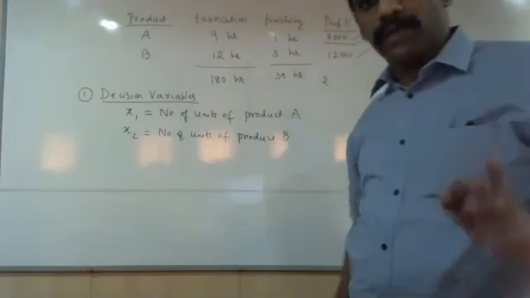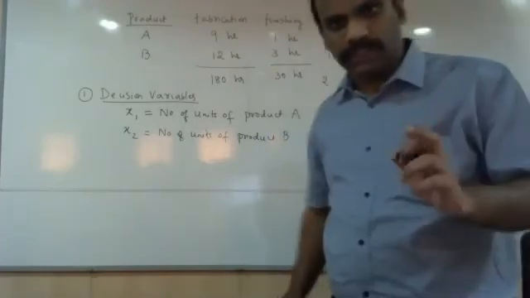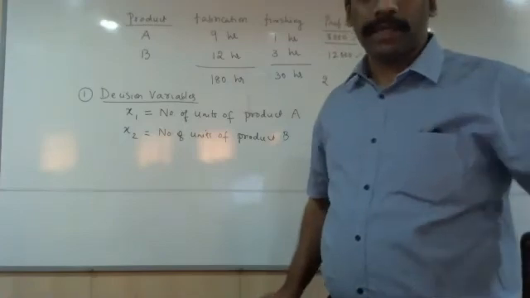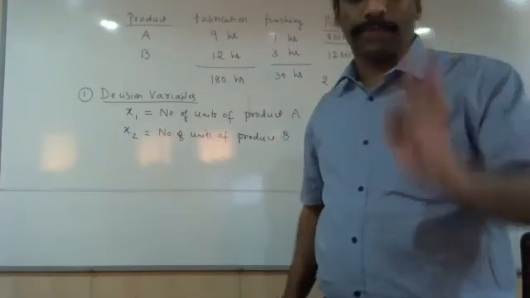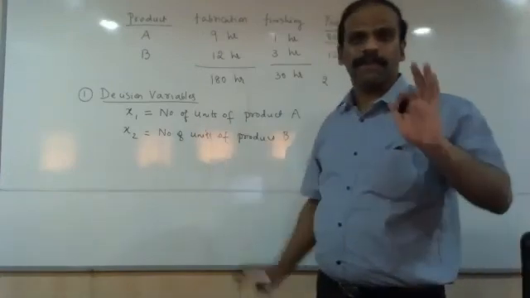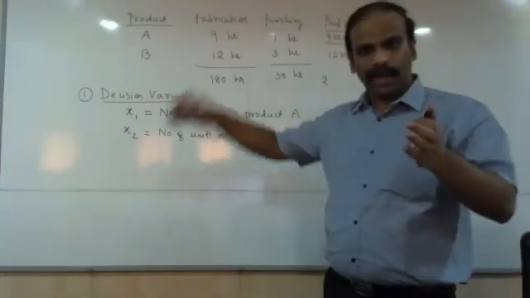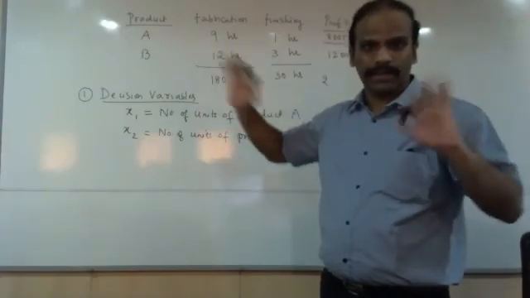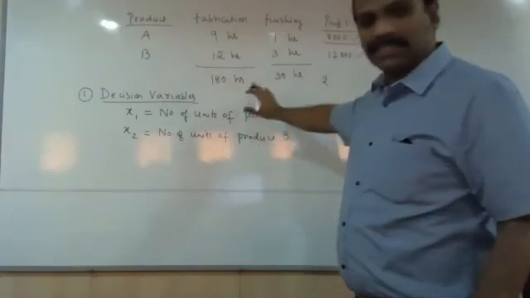Keep the gap correct. Before writing the decision variables, first you must decide whether this is a maximization or a minimization problem. Once you know that, identifying the decision variables becomes very simple. That is why I always took it in this logical way so that you can easily relate. So the first step is completed.